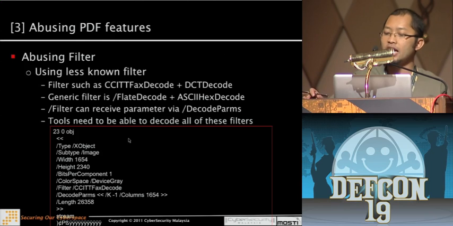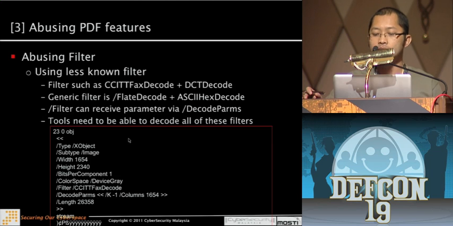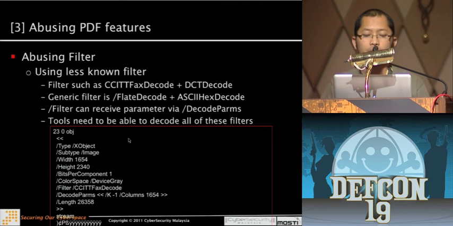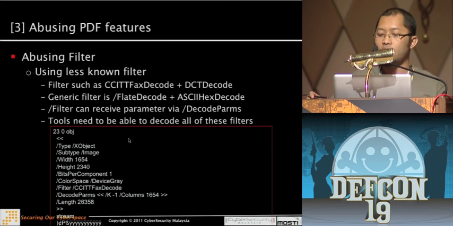If you're using a less known filter, for example CCITTFaxDecode and DCTDecode, there is a high chance of your malicious PDF not being detected. But in general, you normally have FlateDecode, ASCIIHexDecode, and ASCII85Decode,